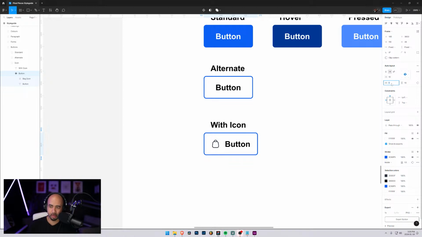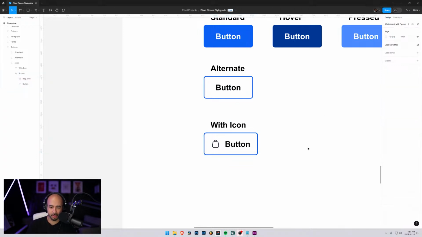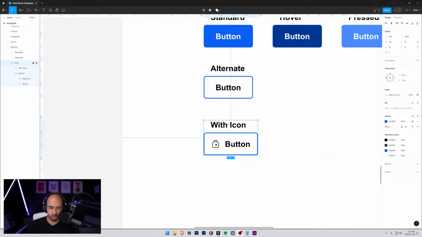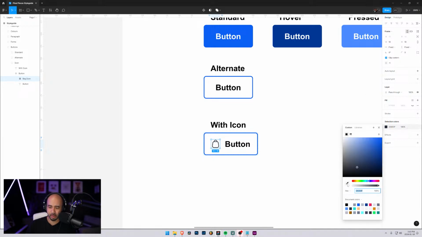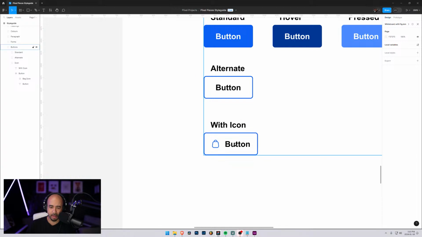That's not doing anything because this is what we want right here. Yeah, actually this looks good as is. It's actually almost right on the money in terms of the spacing. Okay, so let's go with this icon. Let's change its color. Actually, we're going to make this one